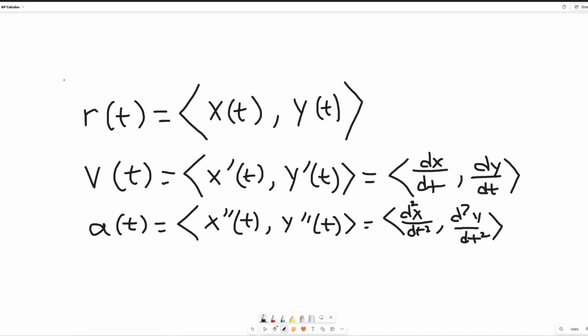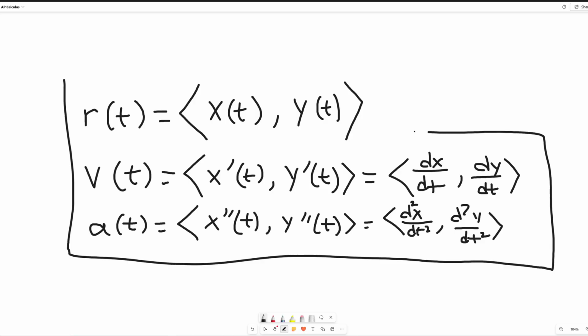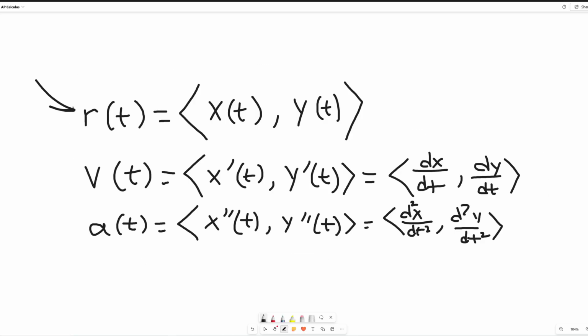So these are kind of our rules for vector functions. It's always going to be position, velocity, and acceleration. The position function is made up of two position parametric functions. Velocity is made up of the derivatives of those, and then acceleration is the double derivatives of those. So